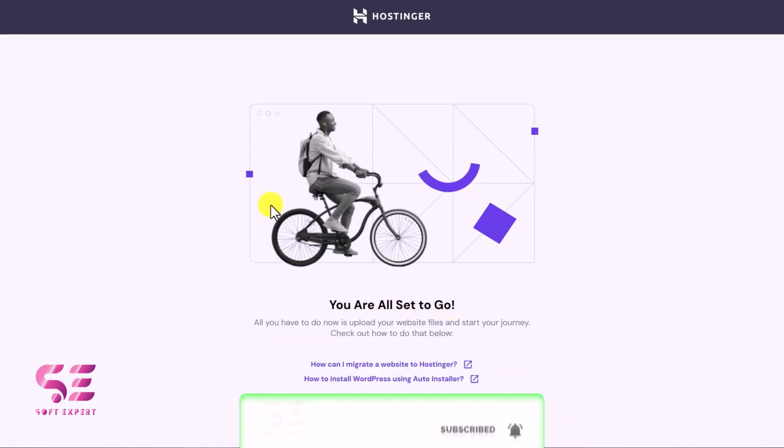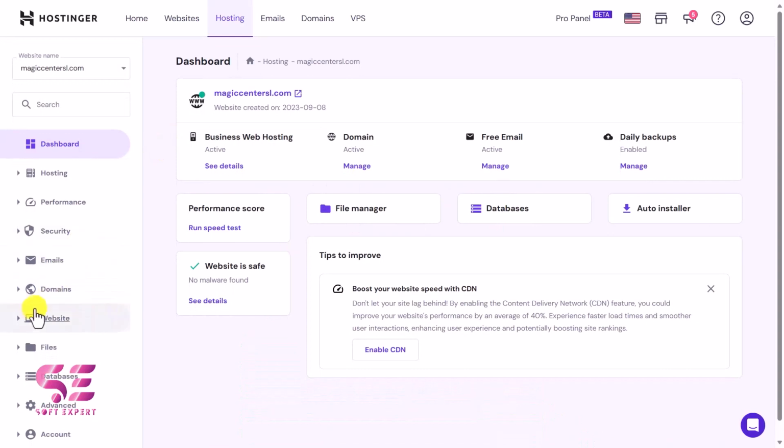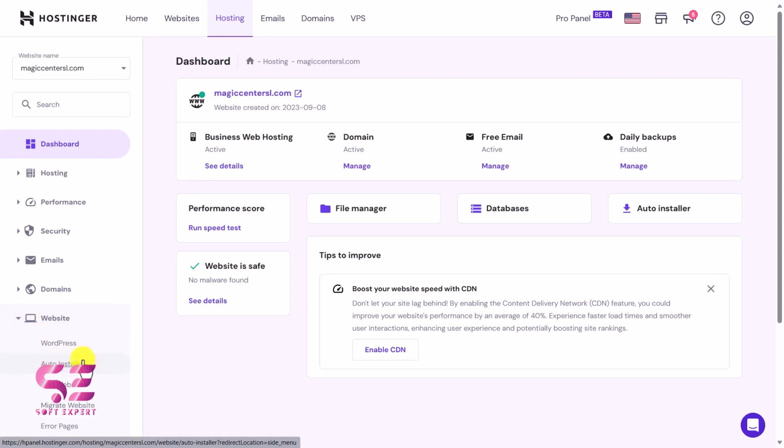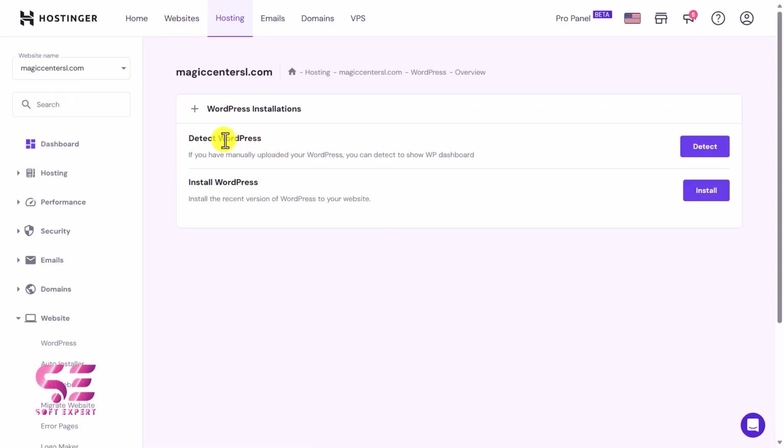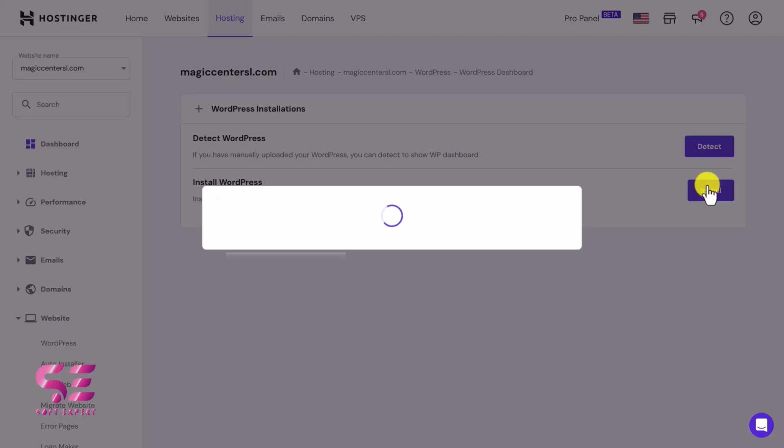Okay, let's go back, and to install WordPress you can go to website, and here you will see WordPress. If you don't see it here, you can go to auto installer and you will find WordPress there. Just click on it, and here you can detect WordPress on your domain name. I know that there is no WordPress installed in this domain, so I can just click on install WordPress, and